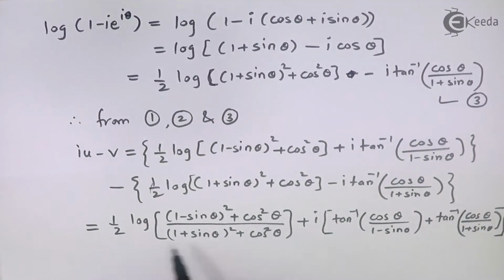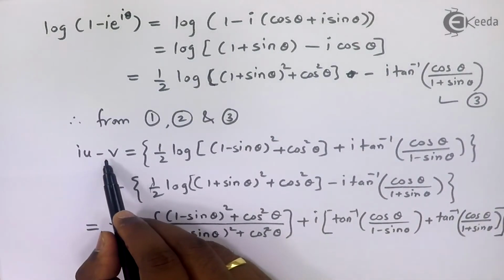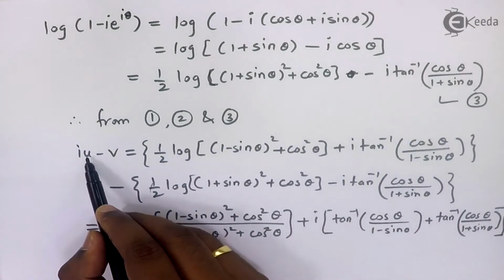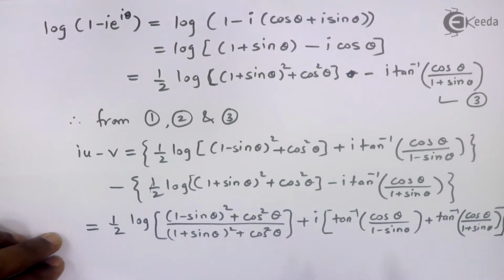Now let's solve this term. So here the first term is the real term and the second term is the imaginary. So we'll compare this real part with this minus v, because here v is real, and we'll compare this imaginary part with this u, because here u is imaginary. So let's solve this. So this term will give us